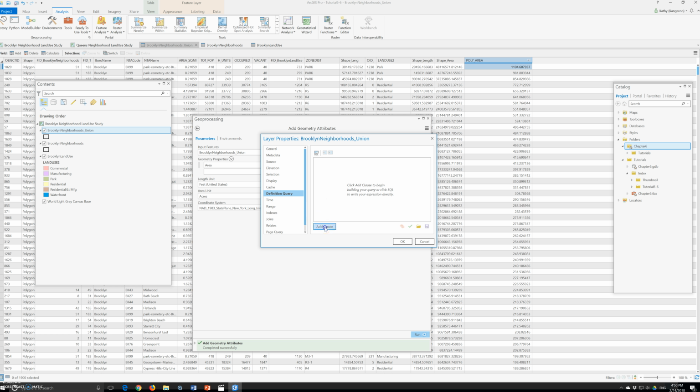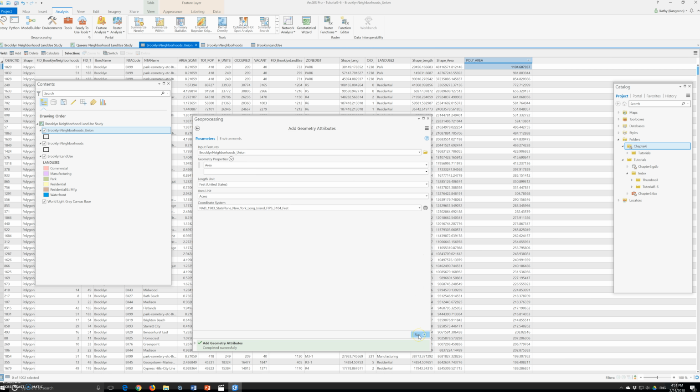Say land use to, add a clause, land use to equals residential there, and click Add and click OK and fill out the form so that we will do summarize. In the attribute table, click OK and click Run,